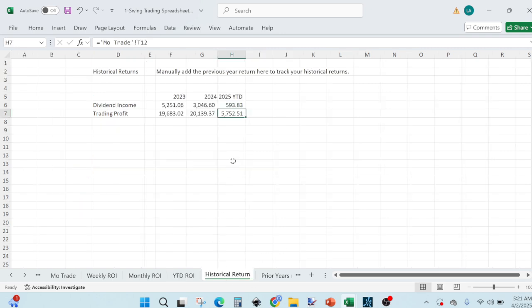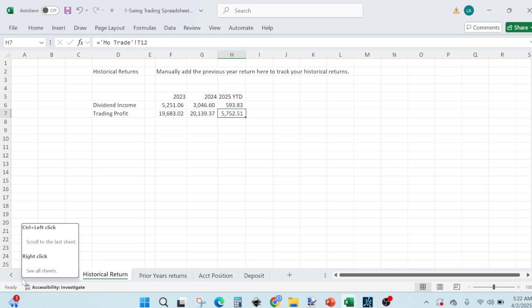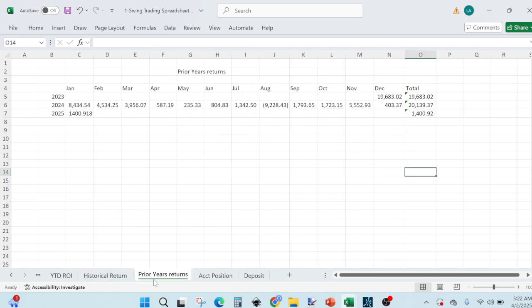So we can compare those returns so far. So in 2024, when we did our swing trading for the first time, that was the profit. And as of year to date, we have 5,700 there. But I think that's pretty much the different type of return we would like to go through. So pretty much,